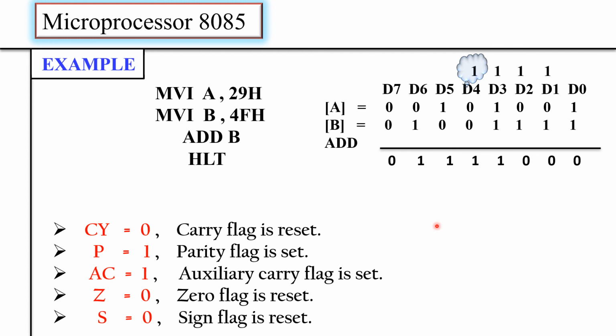So students, in the exam, two types of questions come on these flags. First, they directly ask you to state and explain the different flags of 8085, or they might give you an example like this and ask you to interpret the result. Which flags are set and which are reset, and why, the reason. When the carry flag is 0, it means there is no carry generated from the most significant bit, that is D7. You have to give the explanation of why it is set or reset. So this is the example of flags. They are very important.